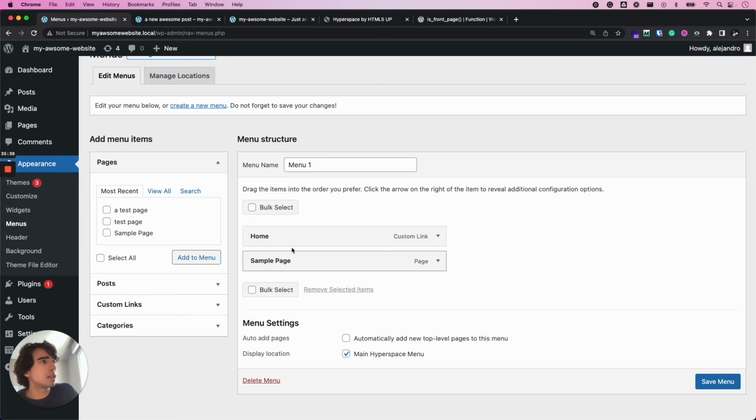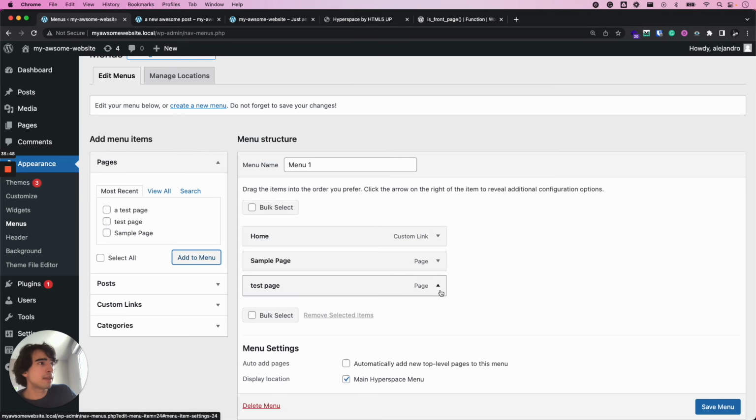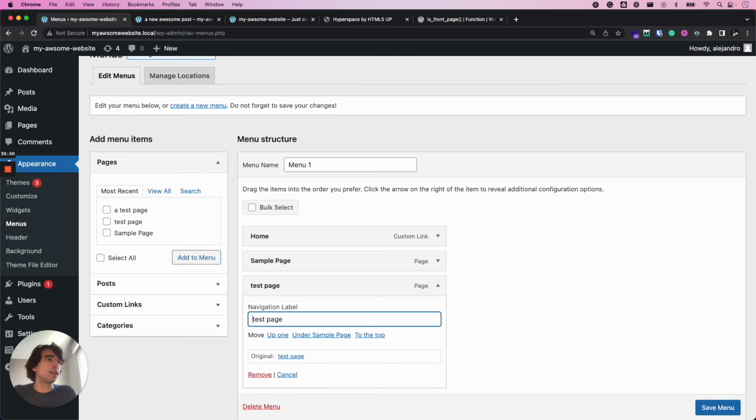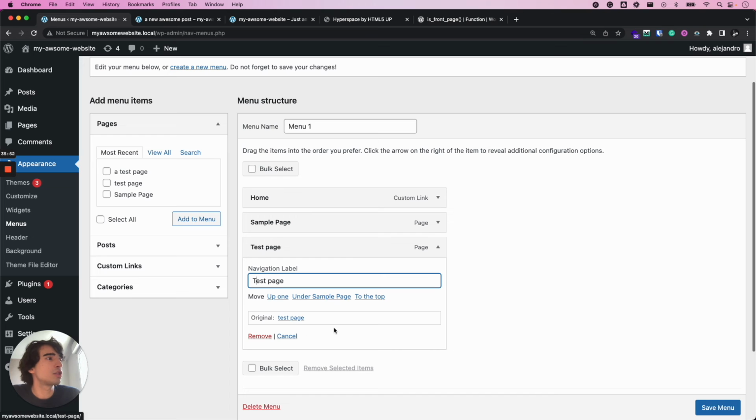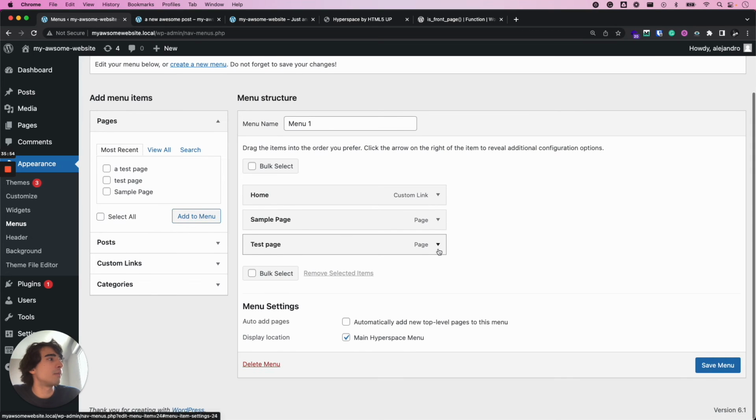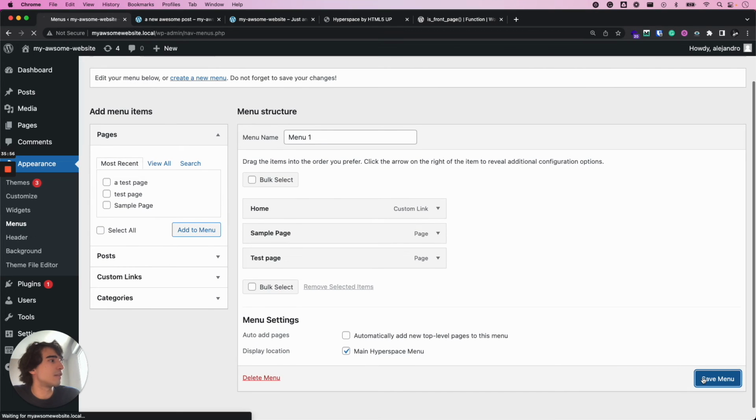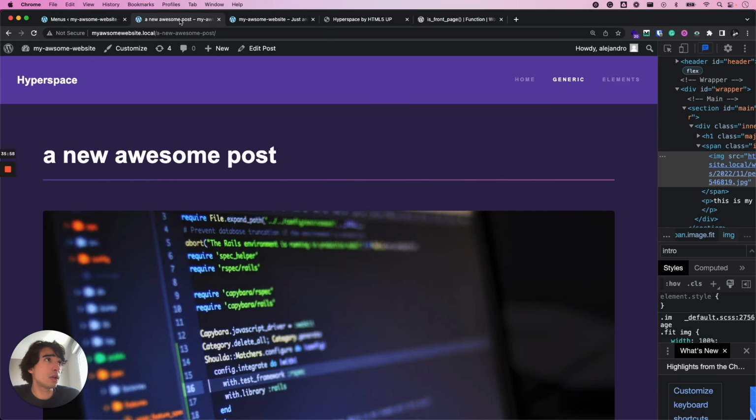So let's customize this menu. I have home, I have a sample page apparently, and let's add our test page too. So I click add to menu. I'm just going to modify this right here, test page, and there you go. So now we hit save menu, and if we go back to here and hit refresh,